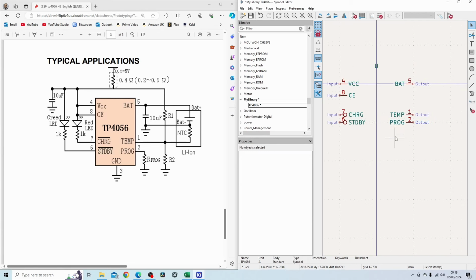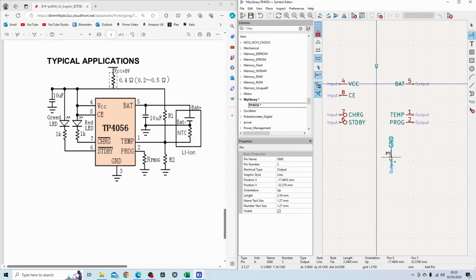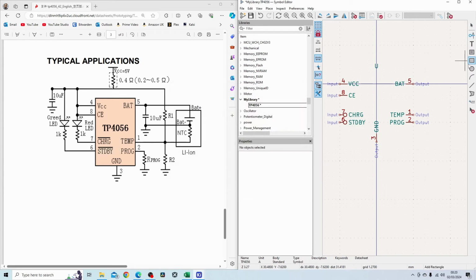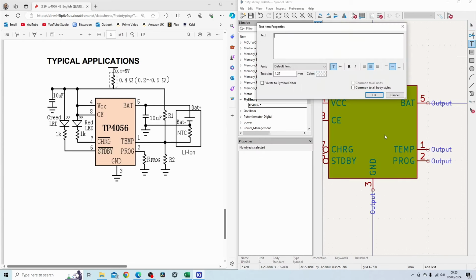So the last pin that I need to do is the ground pin, which you can see over here. So for that, I need the up version of the pin. So obviously that's the ground pin, and the pin number is 3. So after doing all of that, I'm going to put down a box. I'm not sure what the standard KiCad color is, but it's somewhere around here. And the last thing, I'm going to add in